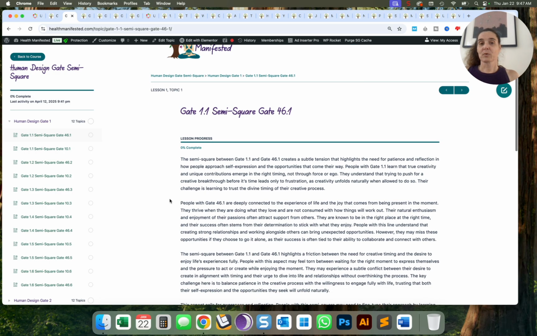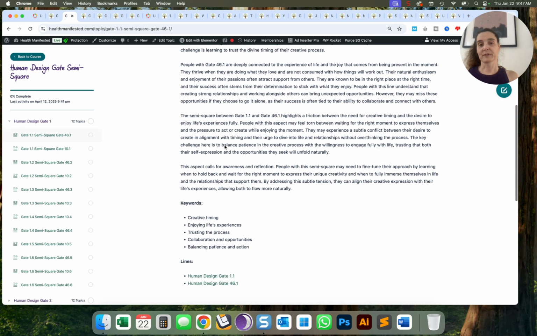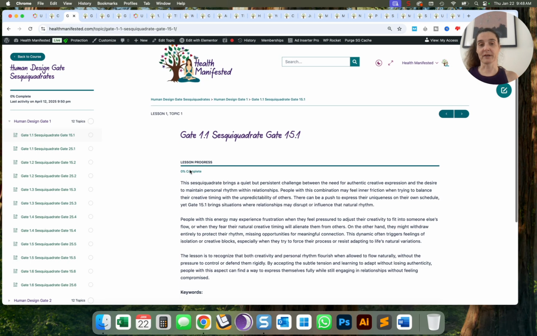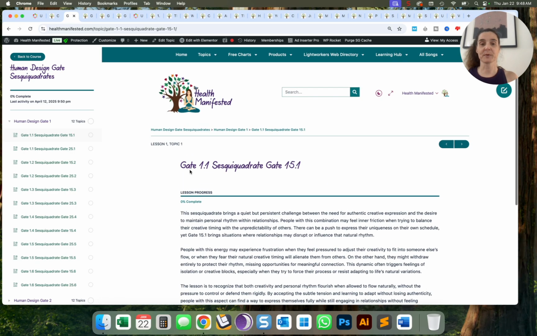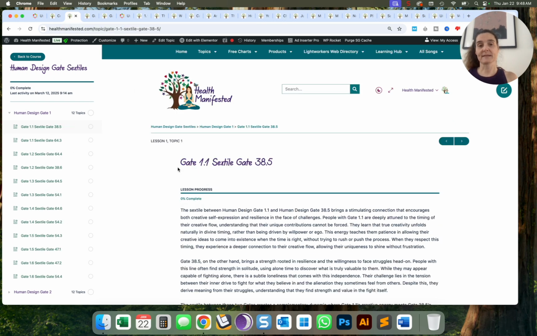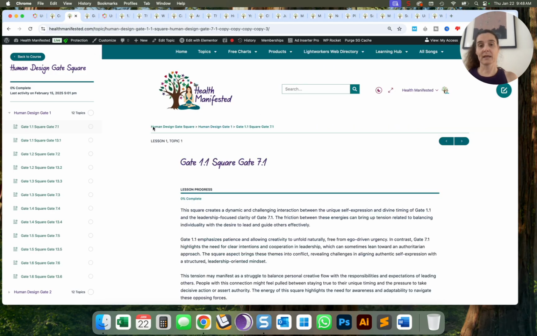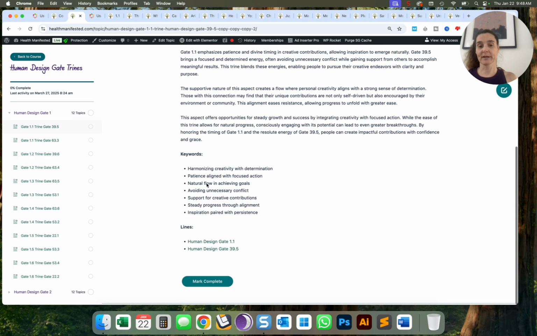And here is a course for semi-squares, and this is another example. I'm still working on adding all of the images, but I have some of them. So here are the sesquiquadrates, and I will be adding images at a later date for that, as well as sextiles and squares, trines,